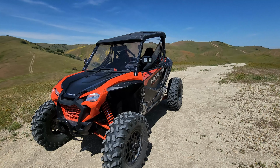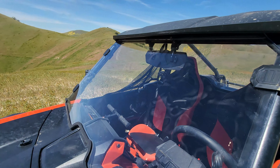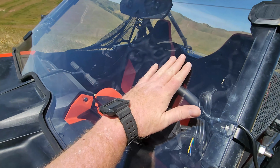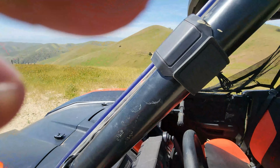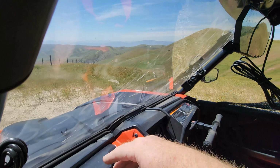But yeah, even after everything I put through today, it's still very minimal. There's a little bit of stuff going on here, but it's very minuscule. My phone is literally dirtier than this windshield. I don't know how. I guess just because the windshield is so slick. But I'll tell you what,